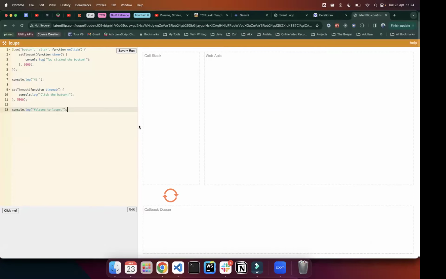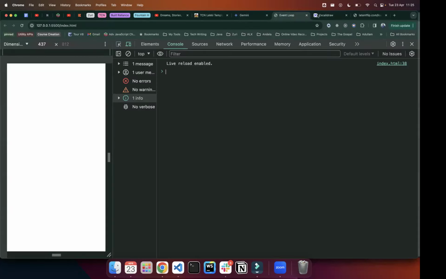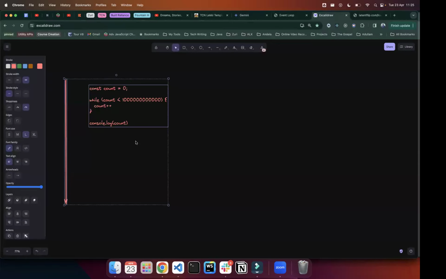So that's where this concept comes in. This thing called the event loop. You see this circle you have here that looks like a recycler, all right? That's what the event loop does. Okay, so what happens in your code is that